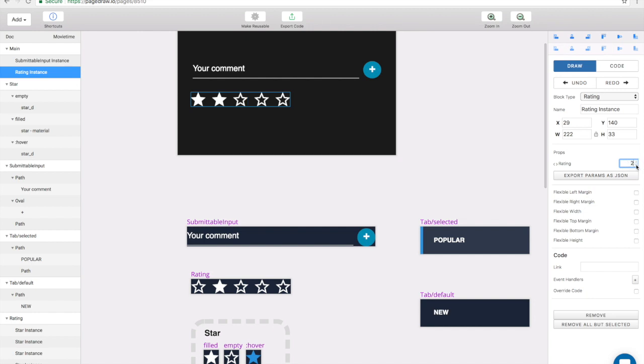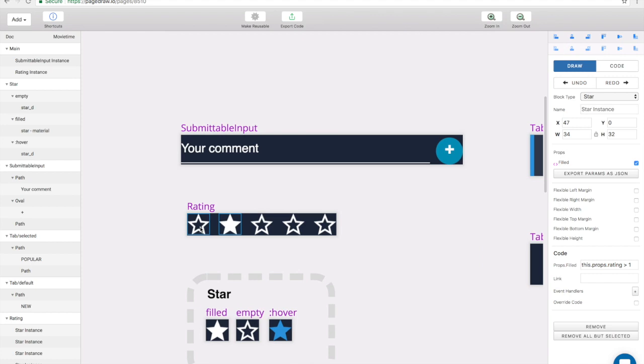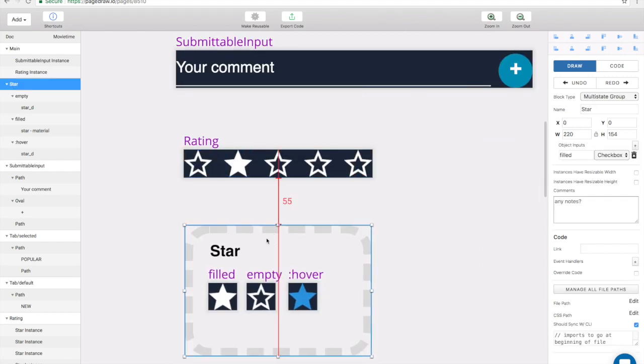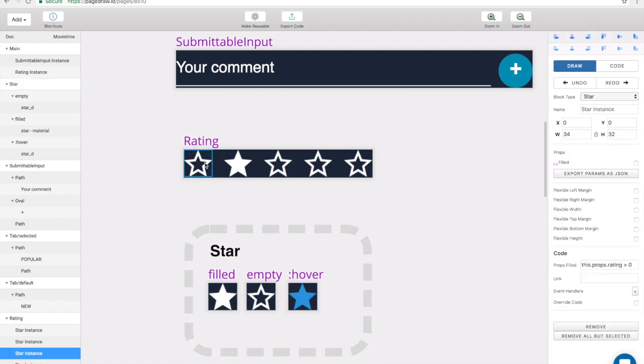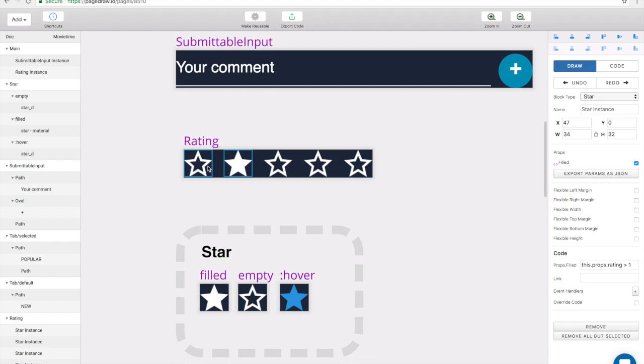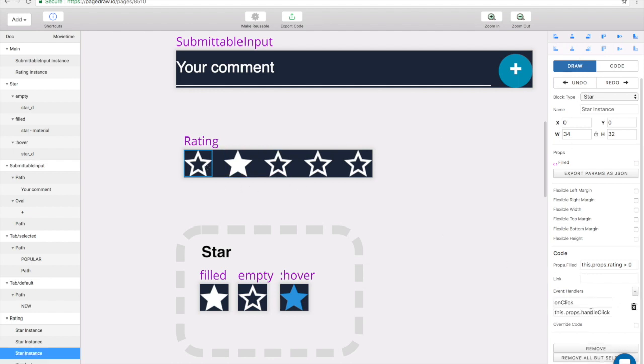Very cool. Now the last bit of this is that we might want to set this rating by clicking on each of the stars. So how do we do that? Well, you have to define on-click handlers, and you can ask yourself whether to define the on-click handler on the star or on the rating itself. I'm going to say the rating itself because these stars are kind of just like images, but you could go either way. So for each of these, I'm going to define an on-click,